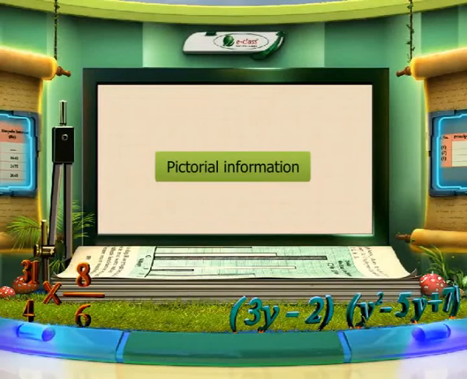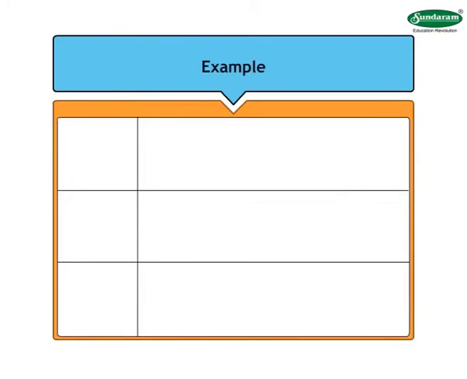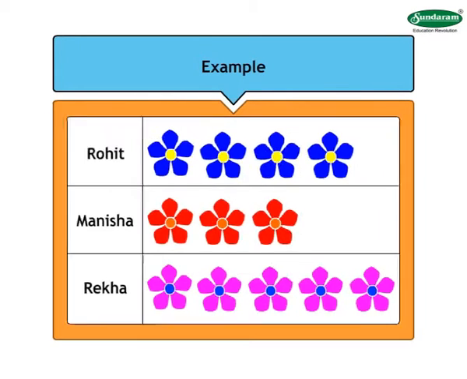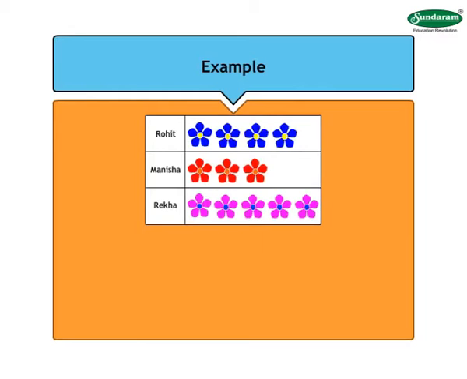Pictorial information. Let us see what is the information available from the given pictures. In this picture, there are 3 students, namely Rohit, Manisha and Rekha. Some flowers are also given against their names. Therefore, to find the information given in this picture,